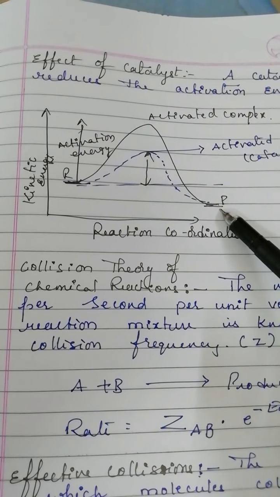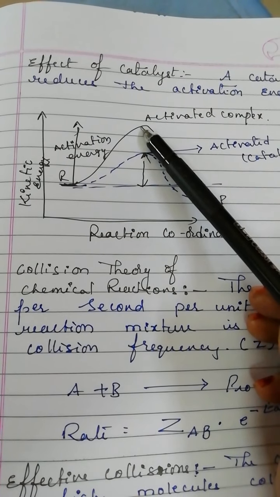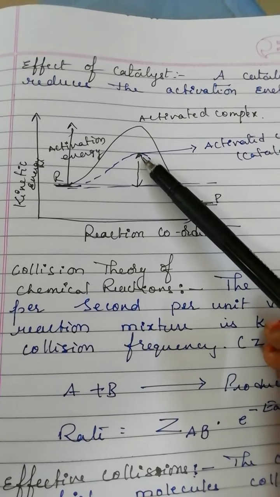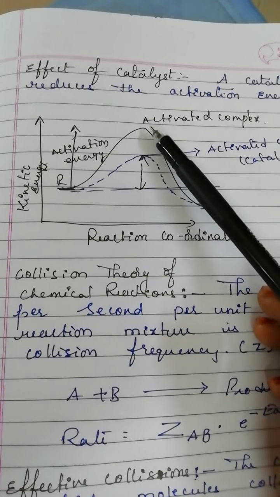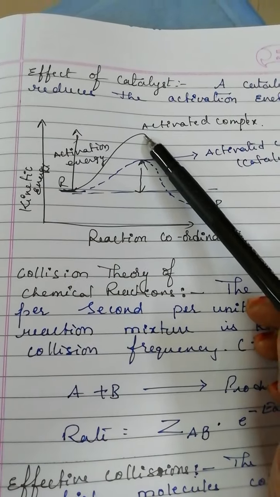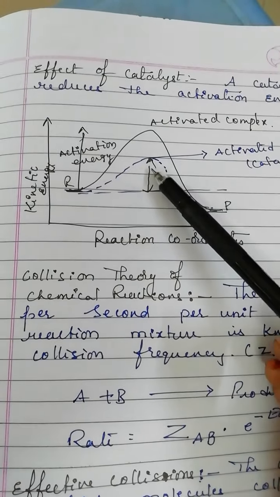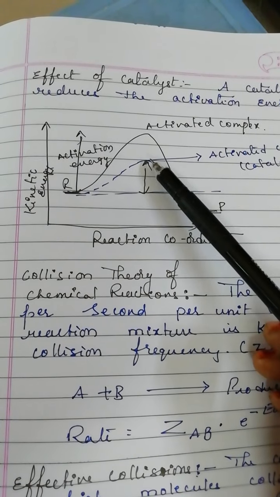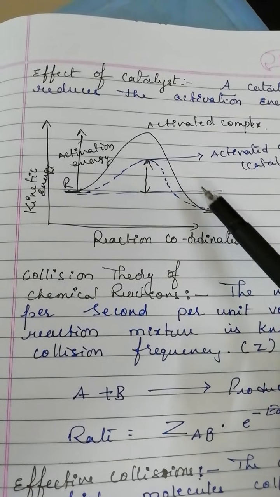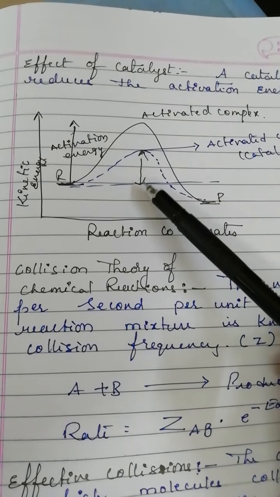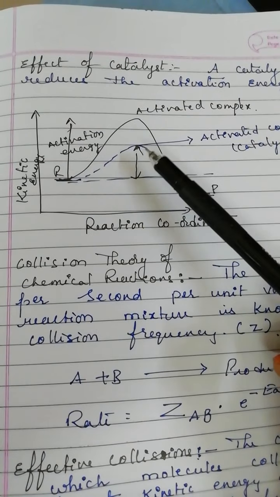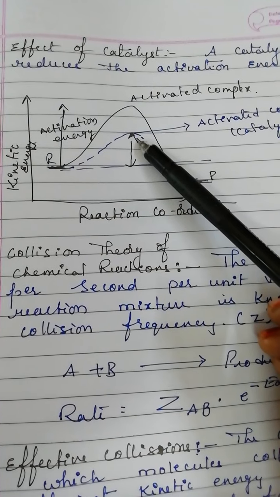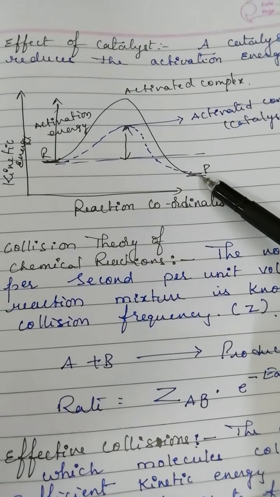products are formed immediately. Now, these two curved lines: one is a curved line with a black color and another one is a dotted line with the blue color. This is the activated complex which is formed in the absence of catalyst, so the energy profile is higher. At the same time, from the base, when the catalyst is used, the activated complex is formed so fast that the reaction completes faster. So this is the actual role where the catalyst reduces the activation energy to bring the reactants to the activated complex so that the product's formation takes place faster.